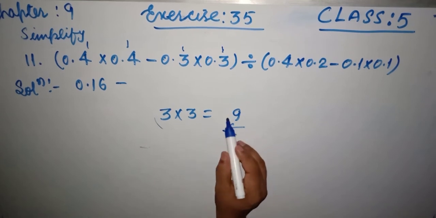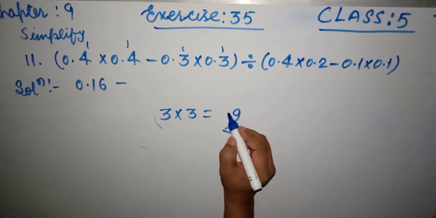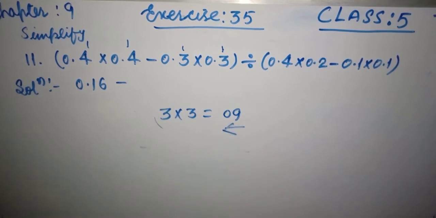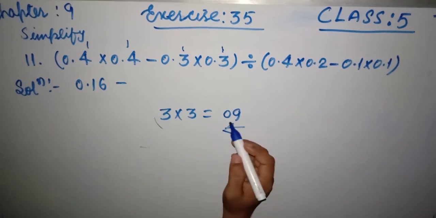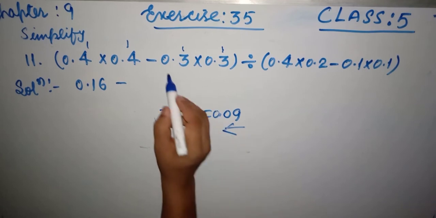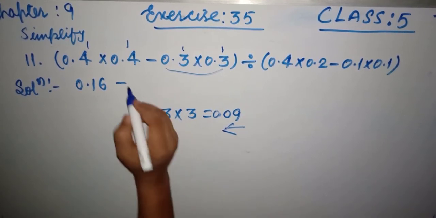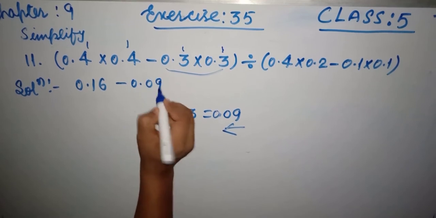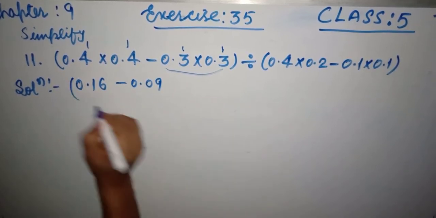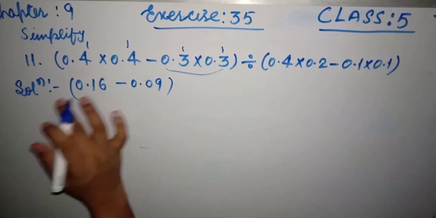But here there is only one number after multiplying 3 by 3. Now we have to place the 0 before this number, because there is no effect of 9. So this is as it is. Now we can place the decimal after counting 2 digits, 1 and 1, 2. That means if you multiply 0.3 by 0.3, we will get 0.09, friends. Okay, now close the bracket, because we only multiply inside the bracket terms.